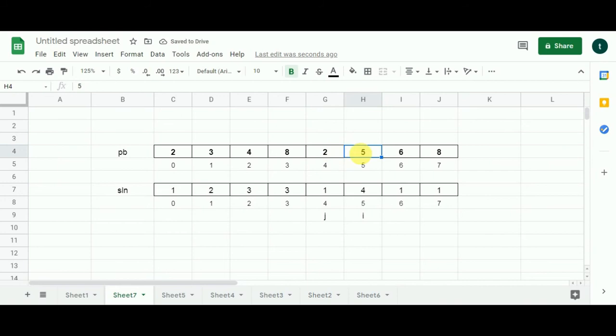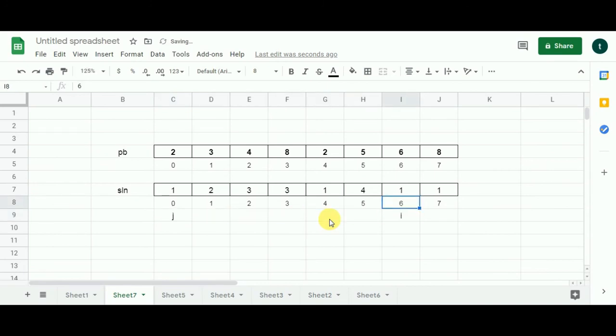The condition is satisfied. You can see 2 is even, 5 is odd. 5 is greater than 2. So what we'll do, 1 plus 1 is going to give us 2. But 2 will be compared with an already bigger value, which is 4. So 2 won't be able to replace 4 because 4 is greater. Alright. Now j moves back to its base position and I moves one cell to the right.